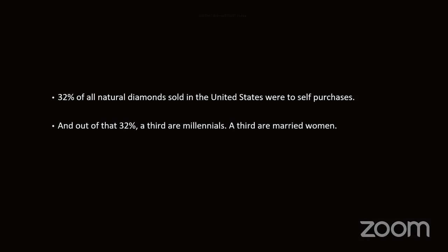And out of that 32%, a third of those are millennials, which would be about 24 to 38 years old. And then a third are married women. And 41% of older and single women self-purchase their diamond jewelry. So